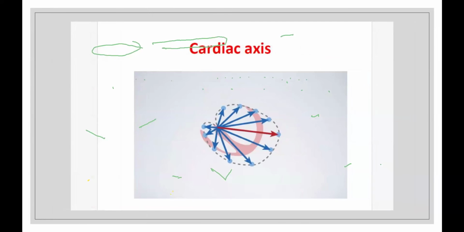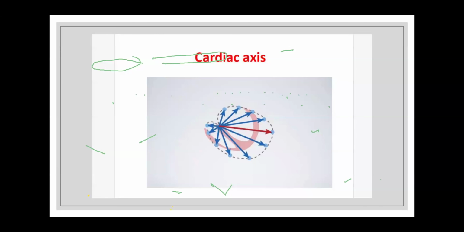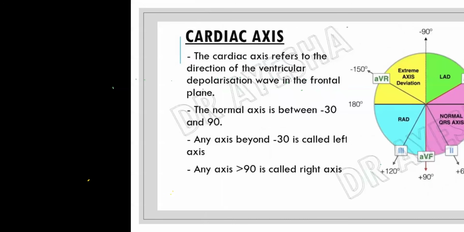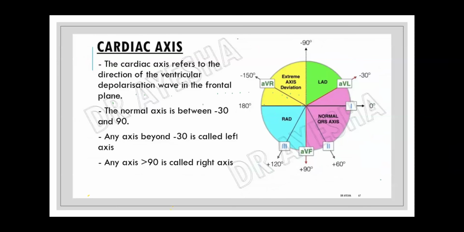Okay. Third, now we talk about axis, which is a very important part. And students find this also difficult, and we will try to make it easy. Okay. So cardiac axis, what is the definition of cardiac axis? The definition is that it is basically the overall direction of the ventricular depolarization in the frontal plane. अगर आप हार्ट को बिल्कुल फ्रंट से देख रहे हो तो ओवरऑल डायरेक्शन जो है वो क्या है।